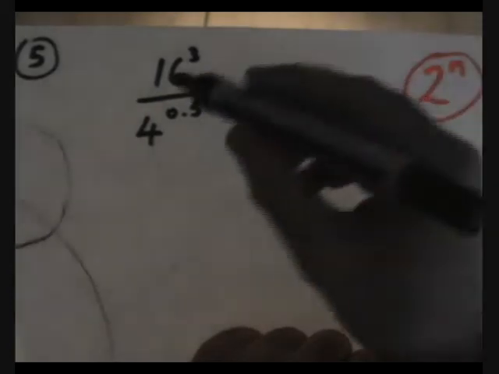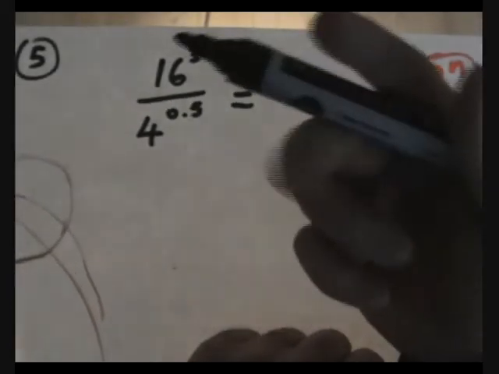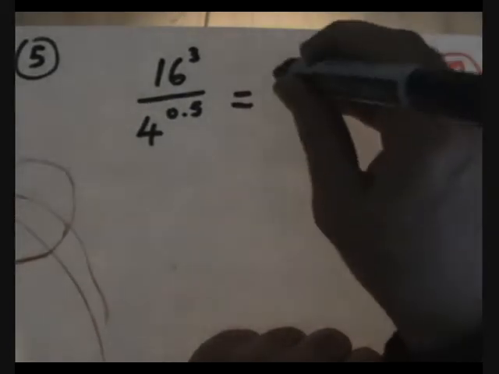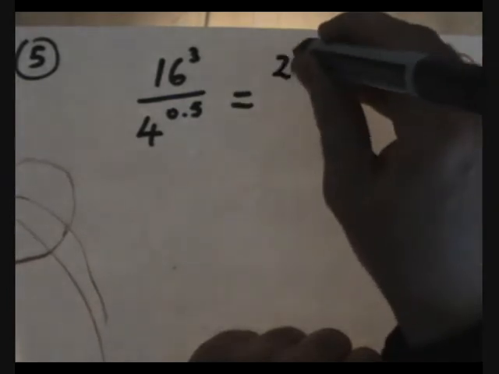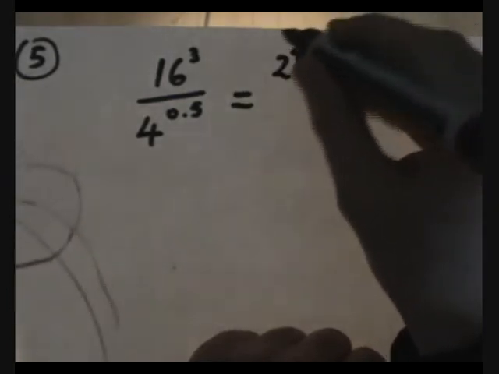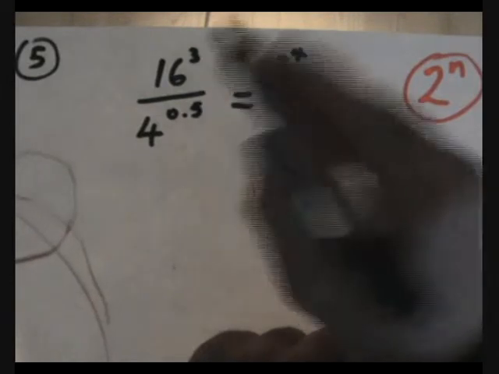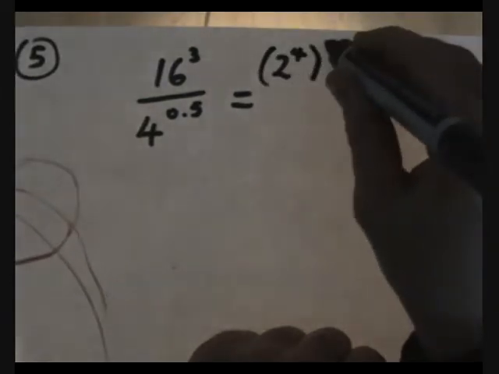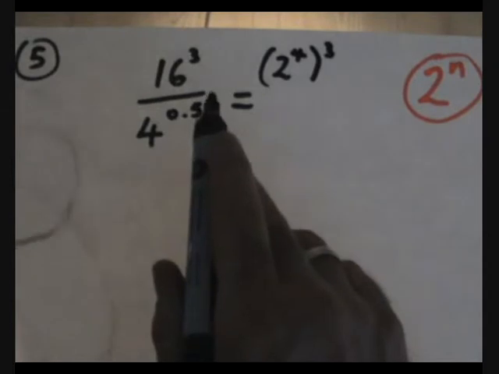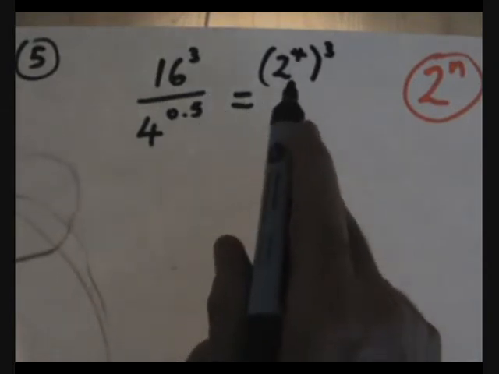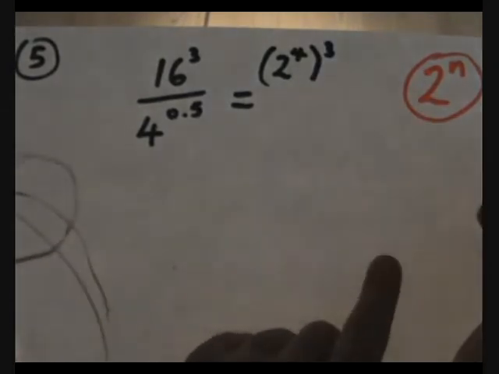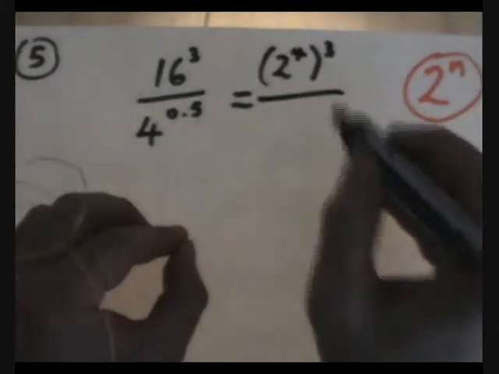So for example, 16, 2 times 2 times 2 times 2 makes 16. So 16 is the same as 2 to the power of 4. And then don't forget that power of 3 that was there already. So 16 to the power of 3 is the same as 2 to the power of 4 to the power of 3. And then at the bottom,